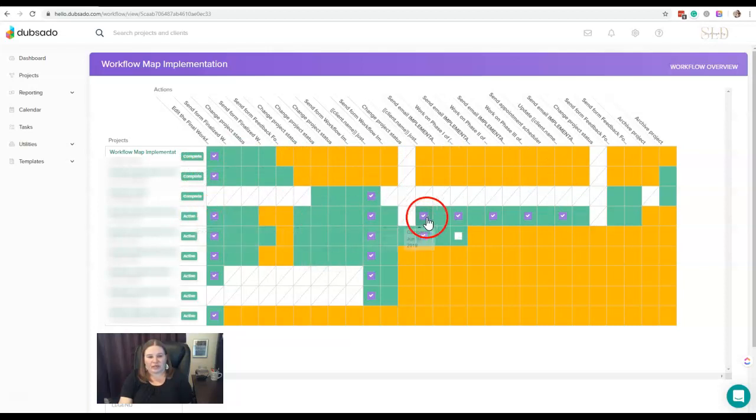So these ones, they have been completed. All the green ones are completed. The orange ones are not yet completed. When you hover over it, it will give you a description of when that item will run, or when it was already completed, the date that it was completed. And you can actually click on any of these to go directly into that project to take a look at the workflow or make changes or whatever.